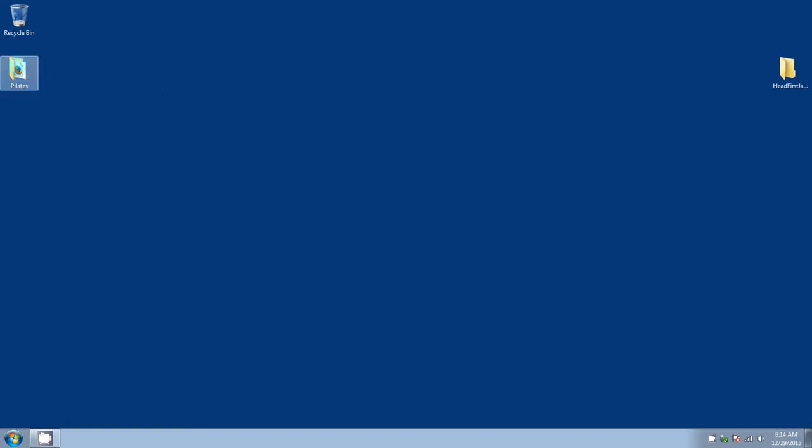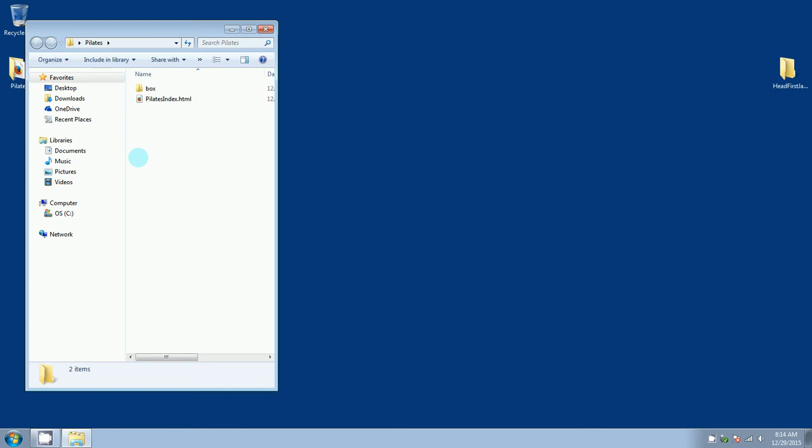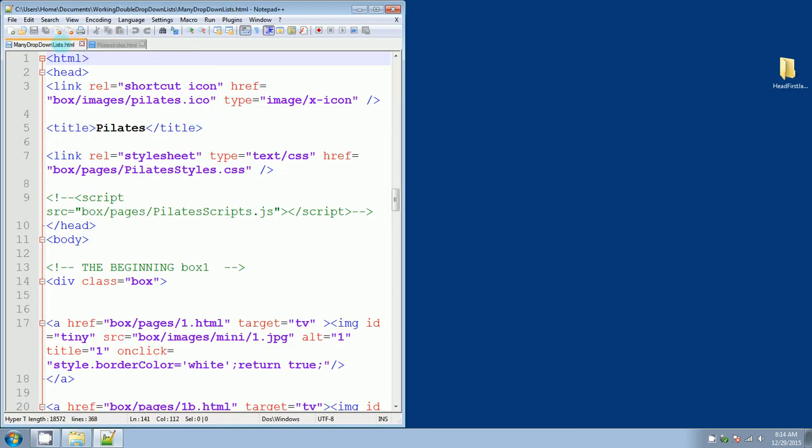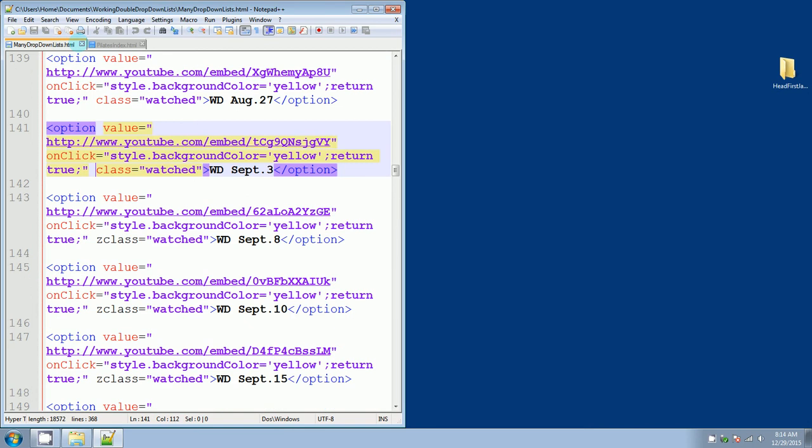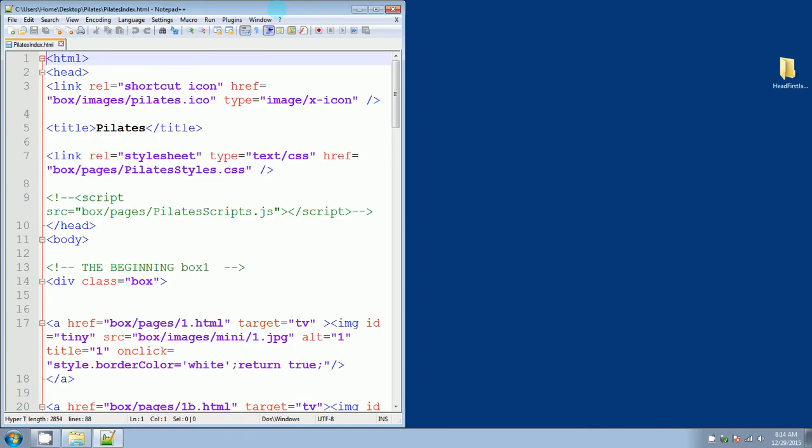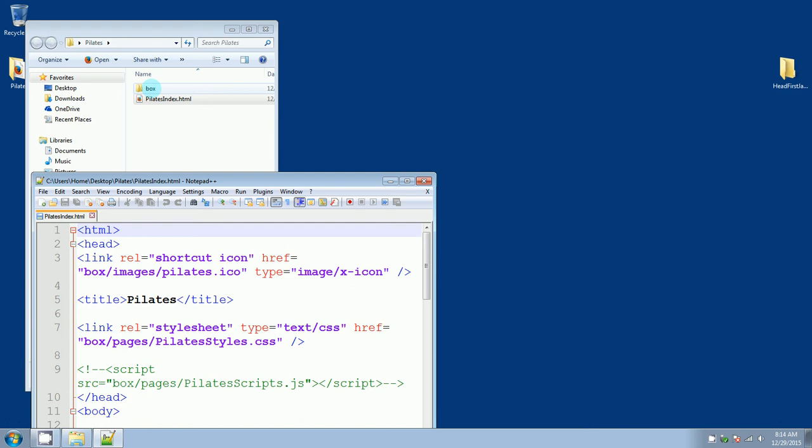So anyway, I've got the file right here called Pilates. If you go in there, I have pilatesindex.html. That's what I named my program. I'm going to right click it and hit edit with Notepad++, which is what I always use to do my coding in. And then I have box here,